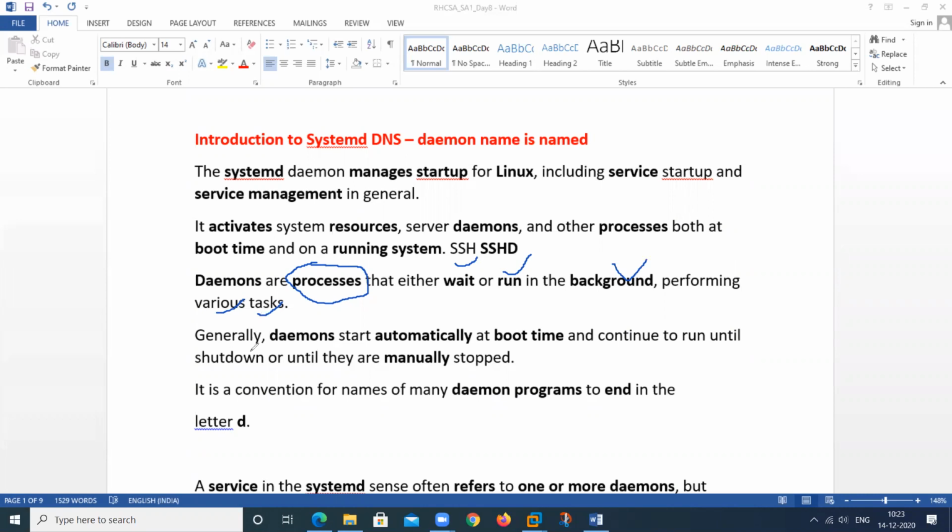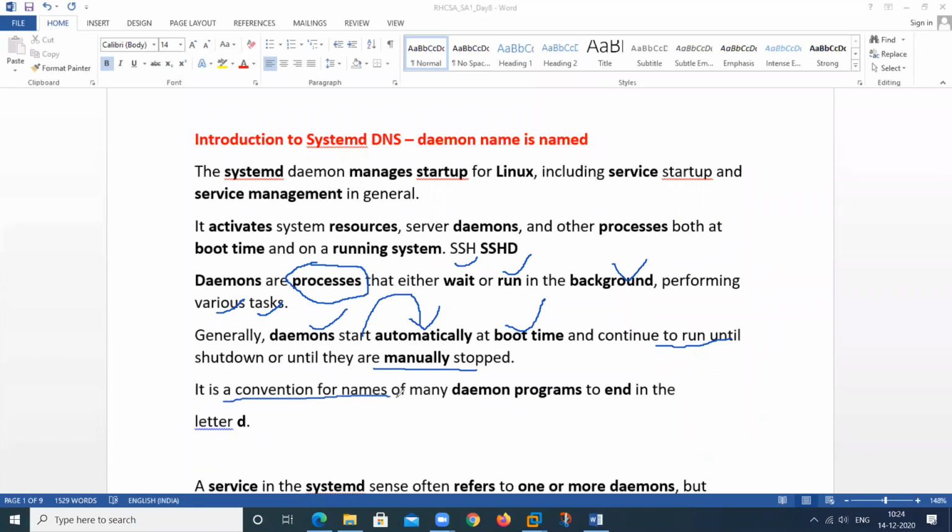So by using the daemon, we can start it. Generally daemons are started automatically. By default, some services start automatically when we start the machine, meaning at the time of booting. But if we want to start any service manually at runtime, then we can start the service by using the daemon.